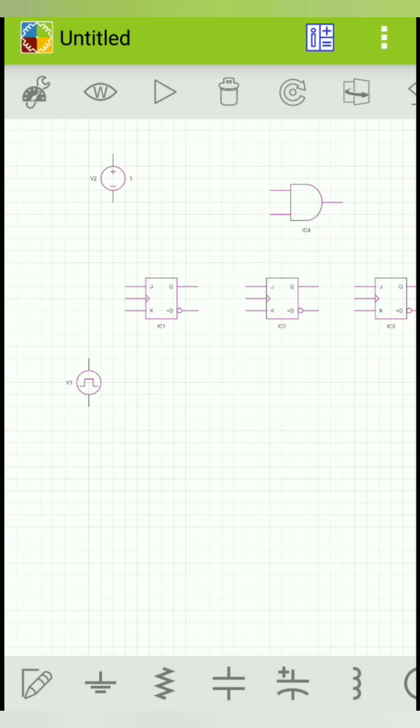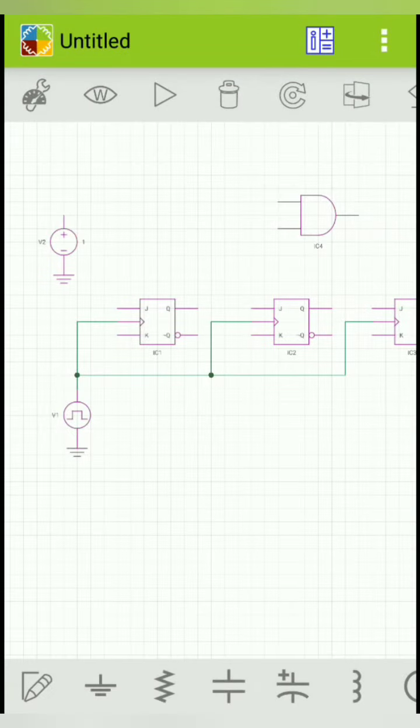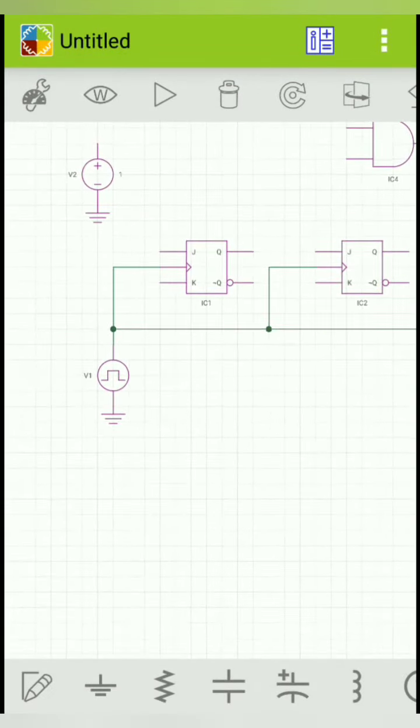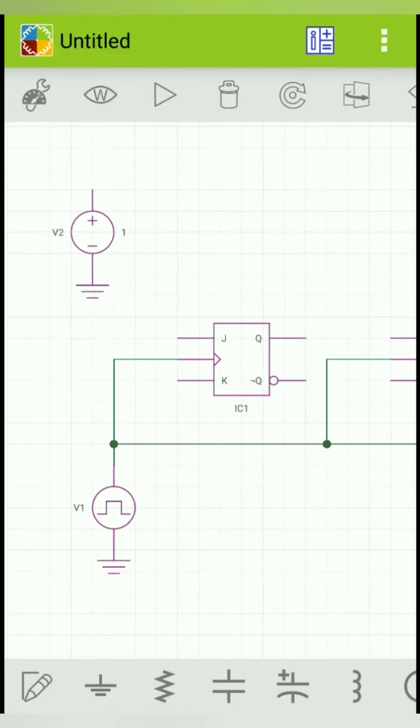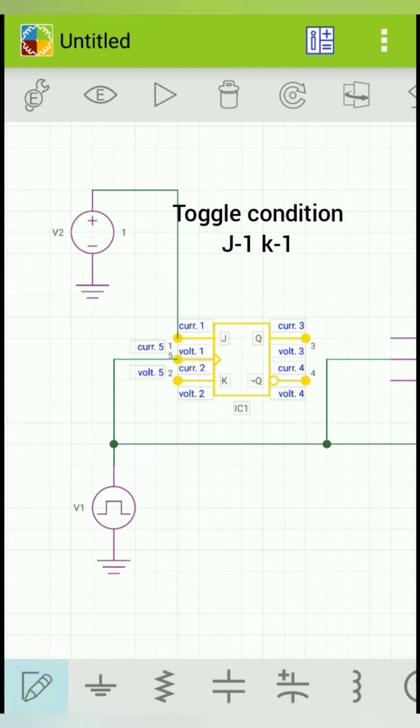Now for making connections in the circuit, you can find the pencil tool at the bottom of the tab. Just tap on it and tap on the ends where you need to make connections, like this. As I said, this is a synchronous counter, so all the flip-flops are given the same clock pulse. Our JK flip-flop is given the input by using a voltage source. Both the J and K are given high inputs.